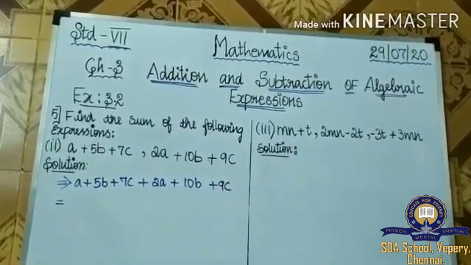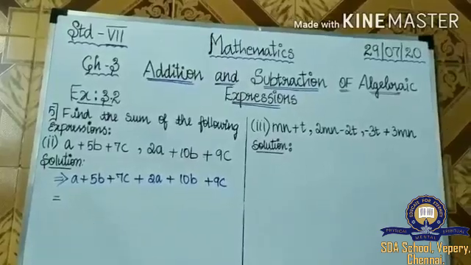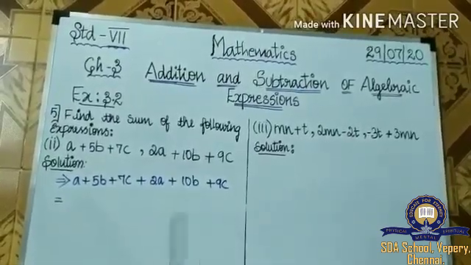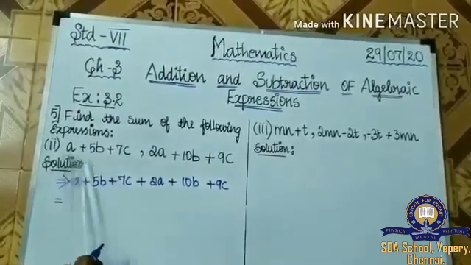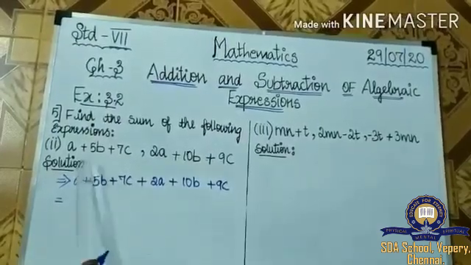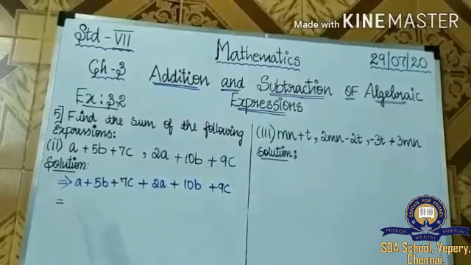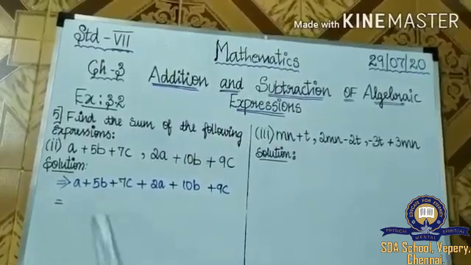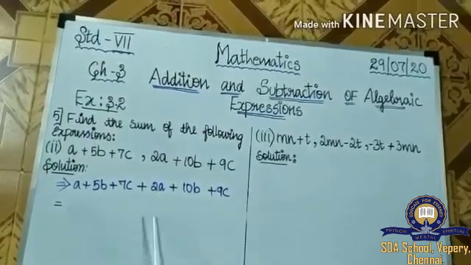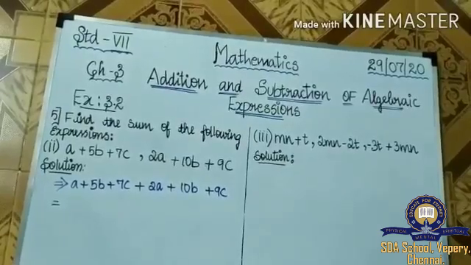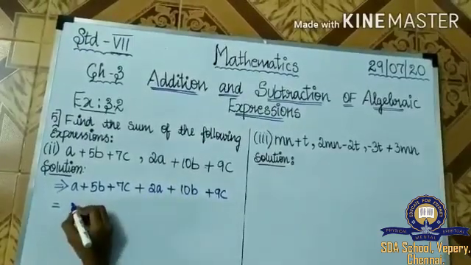The second step is, we already told that only like terms should be added, right? Okay. In this, we have three terms, right? See, A term, B term, C term. Now, we are going to separate the A terms, B terms and C terms. Okay, students? So, first we will separate A term.